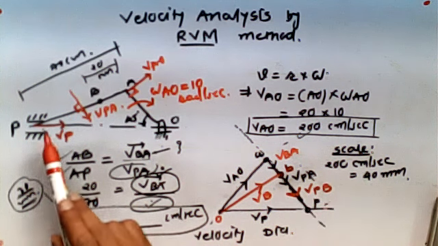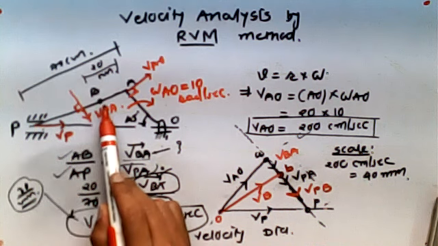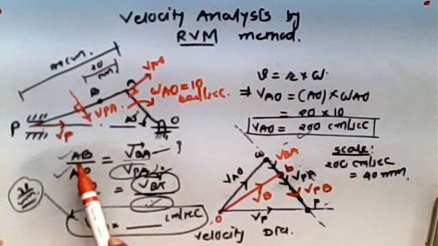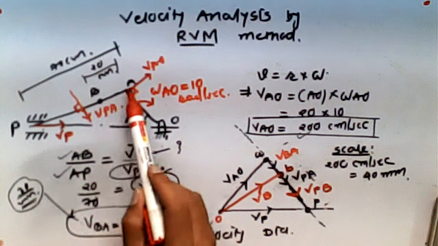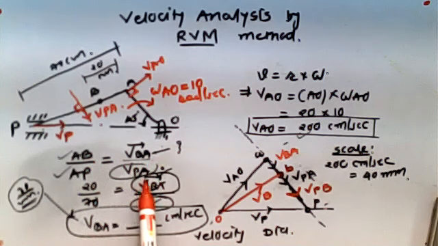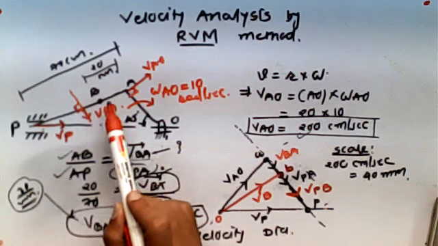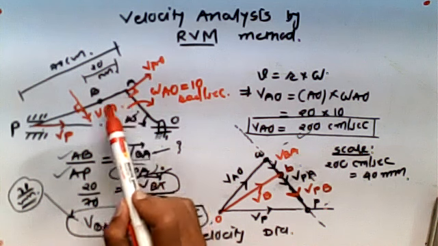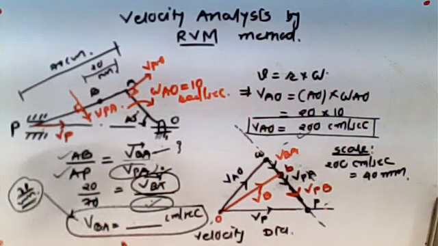So, in a rigid link, if any point is given to you, you can use this particular logic. You are simply dividing the length. You are taking the proportions of length, and in the right hand side, you are simply taking the respective velocity vector. Correct. So thereby you can determine the velocity of that particular point with respect to the reference. Any reference. Suppose you have taken A or suppose you have taken P, you will get your answer.